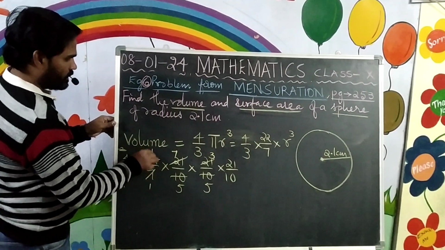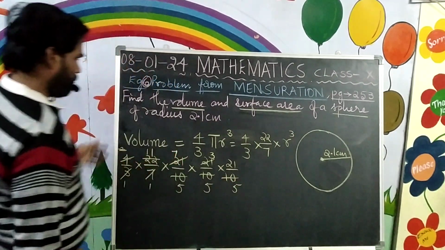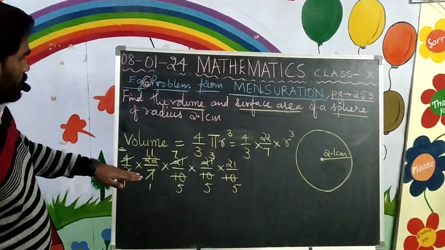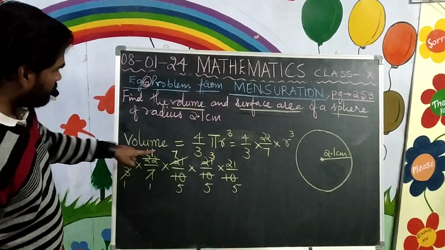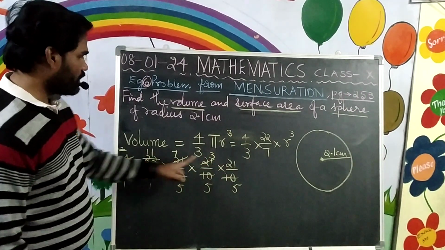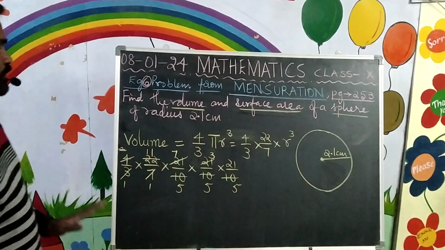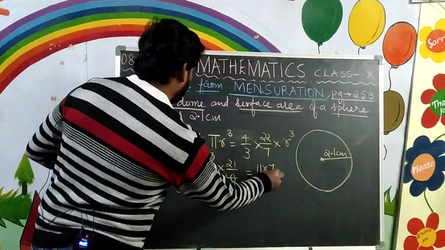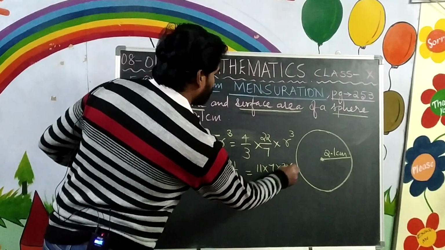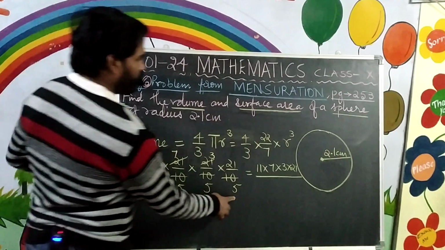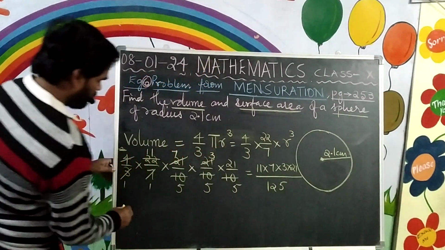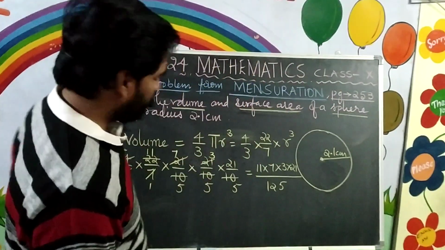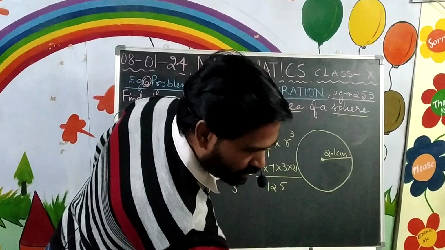2 11s 22, 2 5s 10. So what we have in the denominator is only 5, and what you have in the numerator are 11, 7, 3 and 21. All these numbers are not found in the fifth table. So you can stop the cancellation. What you need to do is just take the numbers 11 into 7 into 3 into 21 divided by 5 into 5 into 5, which is 125. So you need to multiply 11 with 7 and so on and so forth and divide with 125, and finally you would get the answer